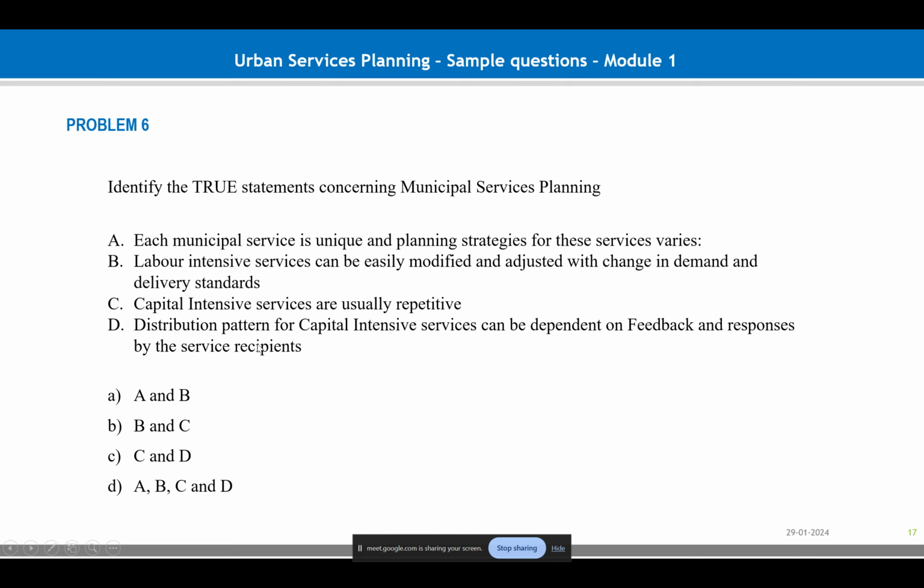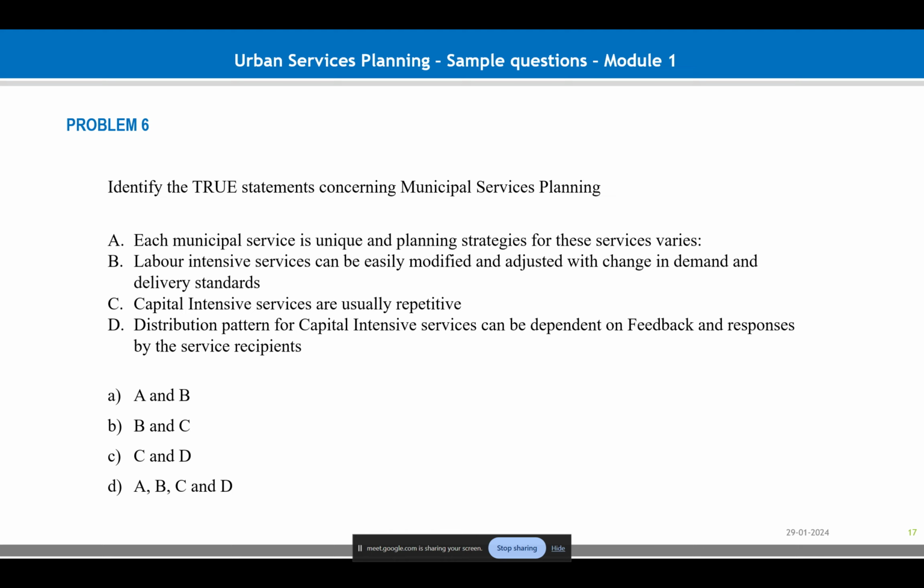You don't need people's participation in capital intensive services? Oh, yeah, most of the time, these are done by the diplomats or the policymakers, so they don't include the public for this kind of suggestion. Okay, so coming to that point, your answer is right that this is a wrong statement, that distribution